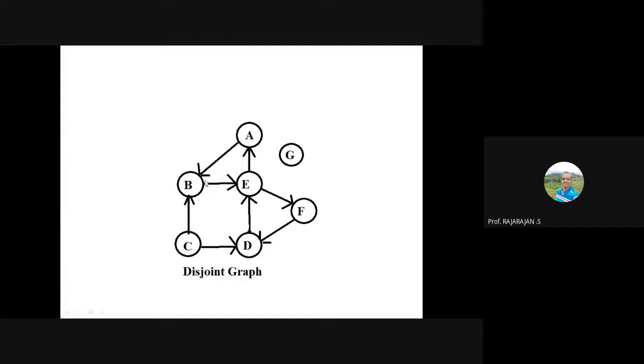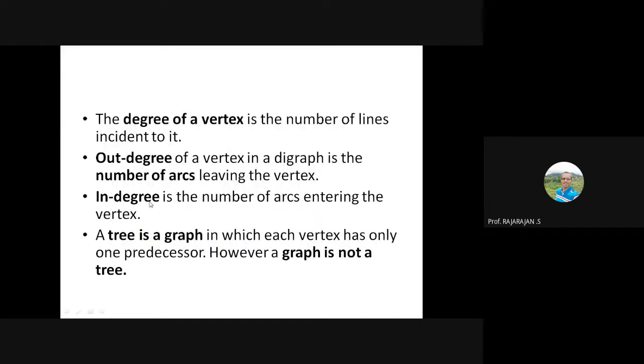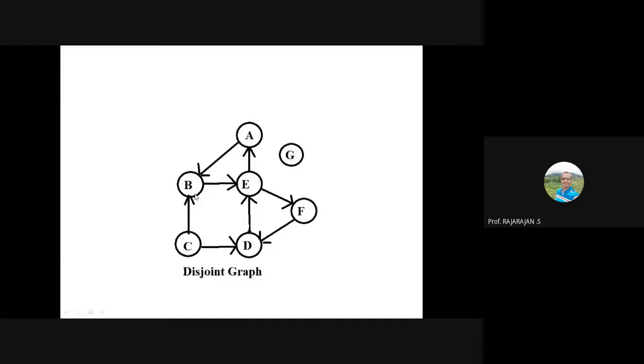This is very much equivalent to the tree. But if this graph is an undirected graph, then there is no relevance for in degree and out degree. Only when the graph is a directed graph, or digraph, do we have to talk about out degree and in degree. If the graph is simply undirected, then only degree is applicable. All the edges falling on a particular vertex are counted as the degree of the vertex, whereas we can't specify the in degree and out degree if it is an undirected graph.